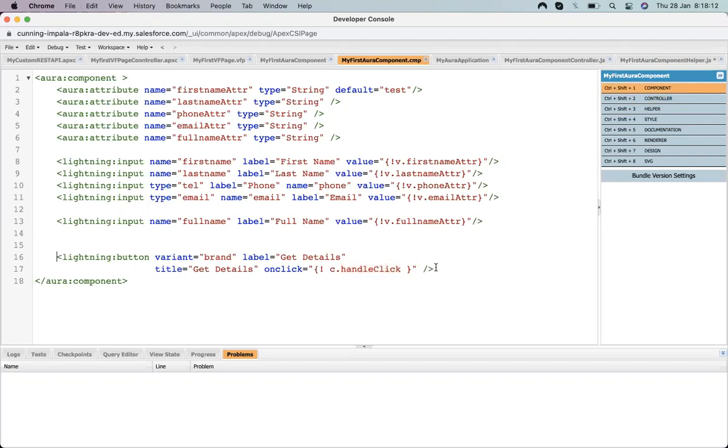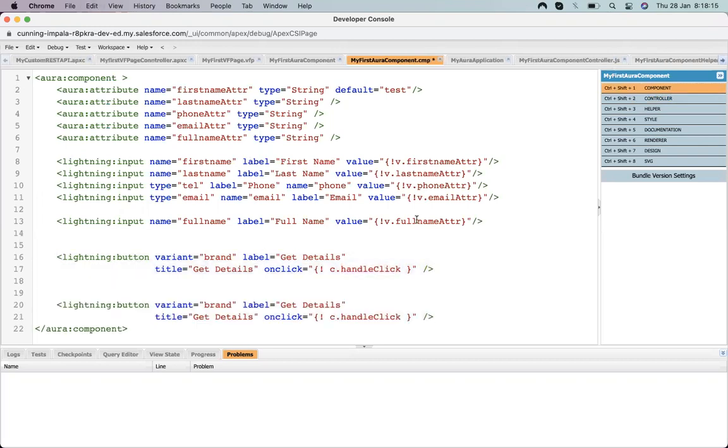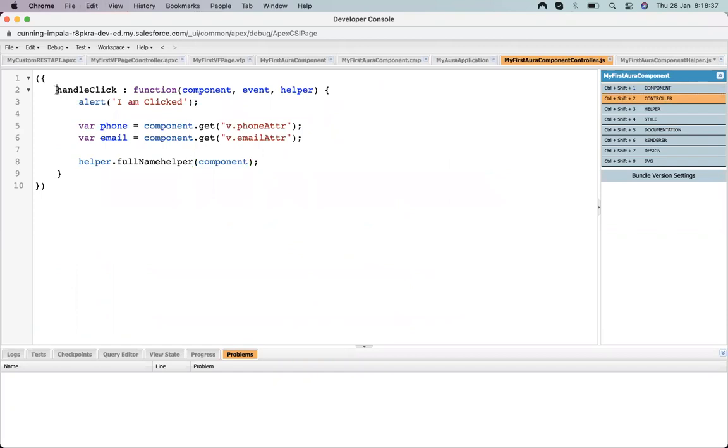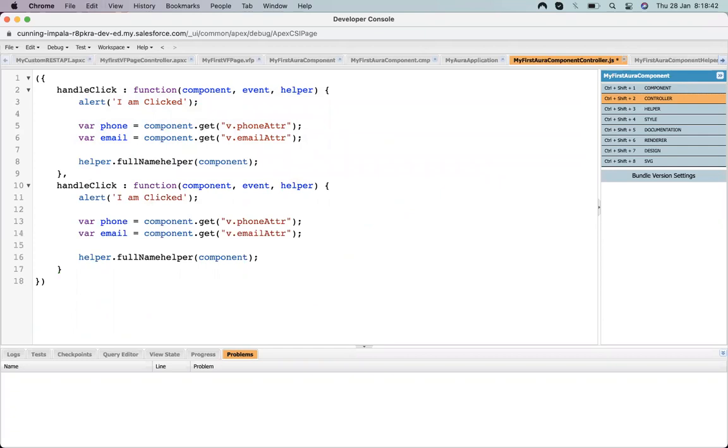Let's create another button called create full name. In that, I create another method, handle full name click.